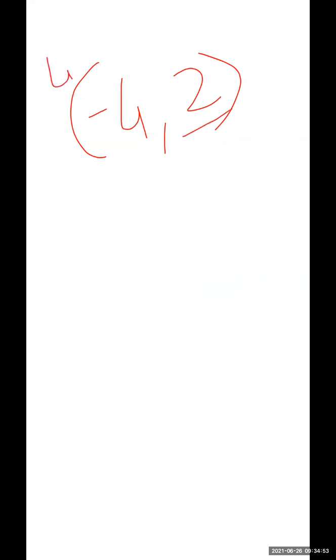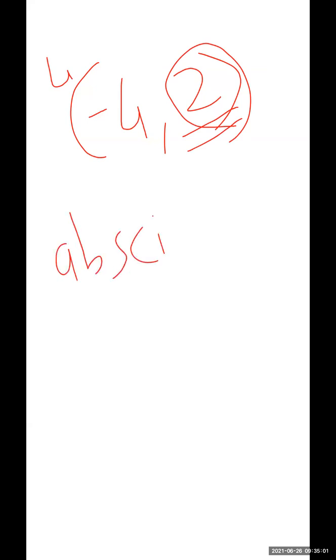Clear? Yes, teacher. And question number 5. In the same way, see, if you have the point (-4, 2). In question number 4, they asked which one is the ordinate. Ordinate means y value. So which one is the ordinate here? Yes, 2. And which one is the abscissa? -4. Yes. So in question number 4 ordinate was asked and in question number 5 abscissa was asked, right? So in 4 and 5, abscissa and ordinate were asked. Clear now? Yes, teacher. Thank you, teacher. Okay.